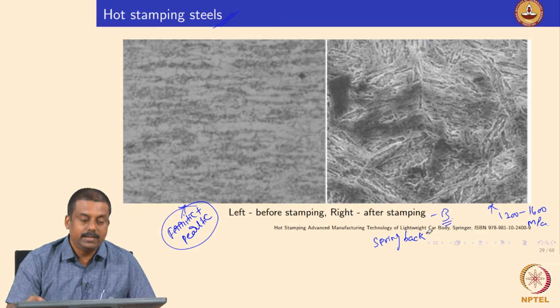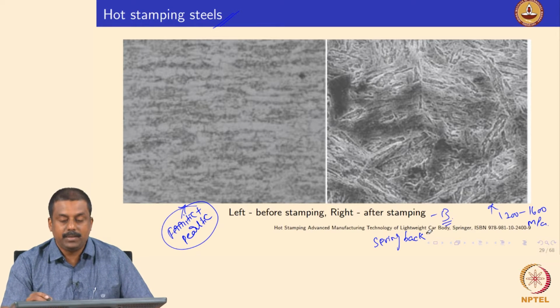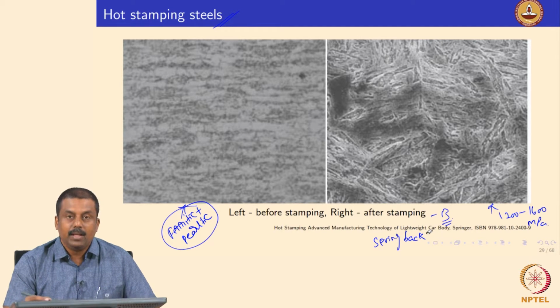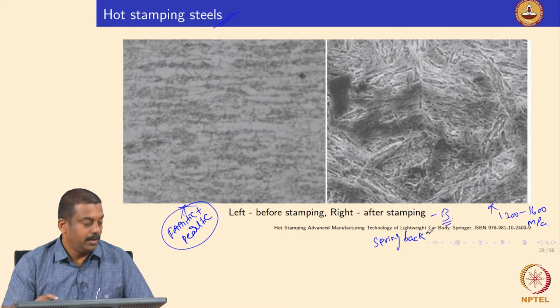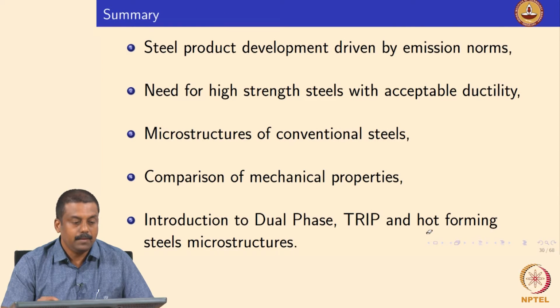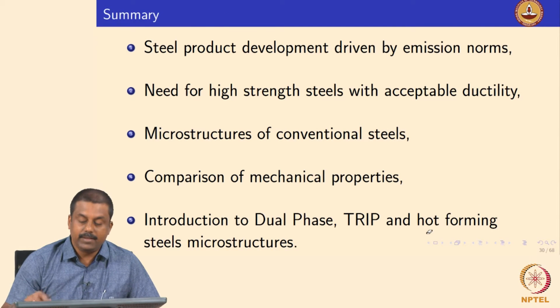So these three steels, dual phase steels, TRIP steels and hot stamping steels, are all now commercially used, and we will look in detail at the actual forming, the microstructural formation mechanisms, as well as in subsequent classes we will see the welding behavior of dual phase, TRIP and hot stamping steels while making the auto components. Okay. To summarize the physical metallurgy of